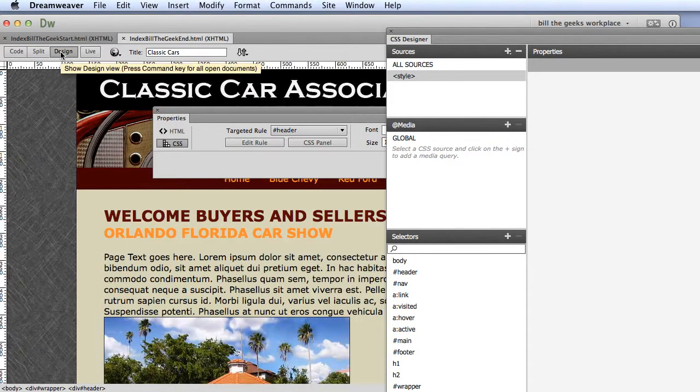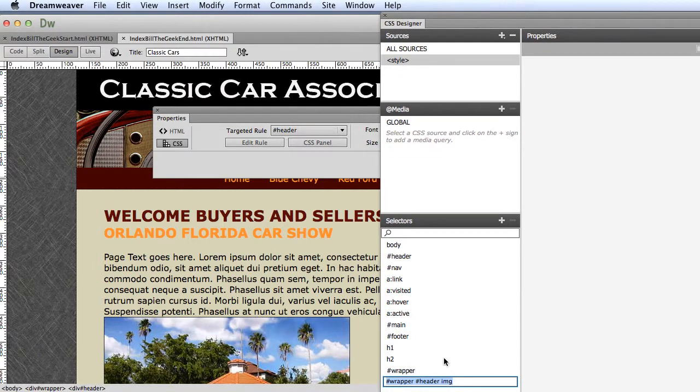So, but anyway, I'm just going to click this one, and I'm going to go back into design mode. Here's my image. What we do is I'm going to click this style thingy, and then I'm going to click this plus sign right here to add a selector. Okay, so I click that, and Dreamweaver just wants to put something in here, and I'm not going to talk about that, but I want to create a